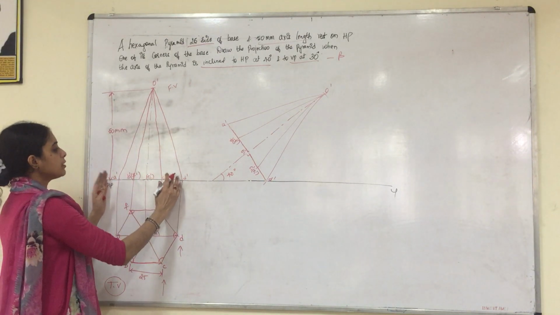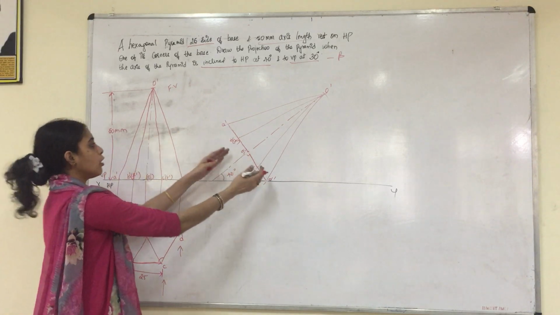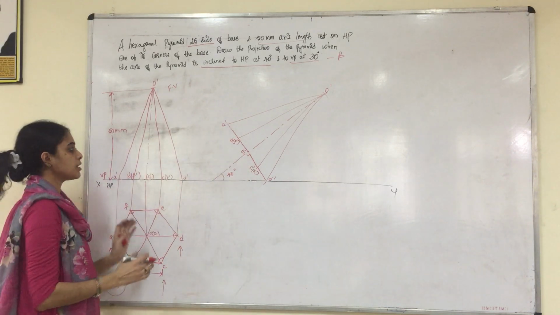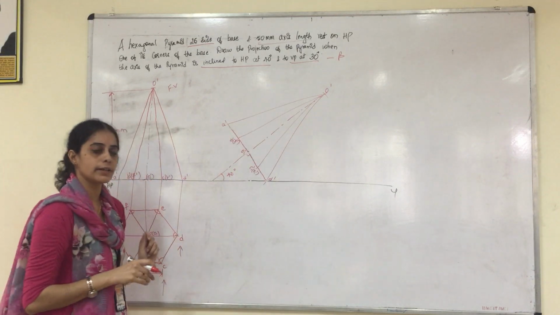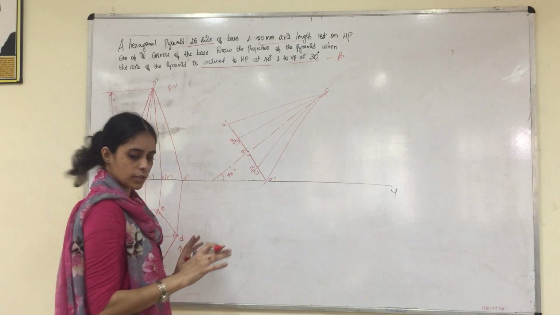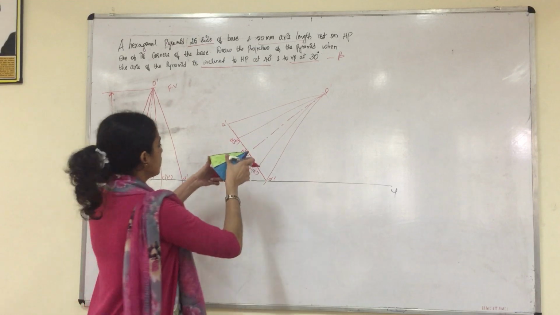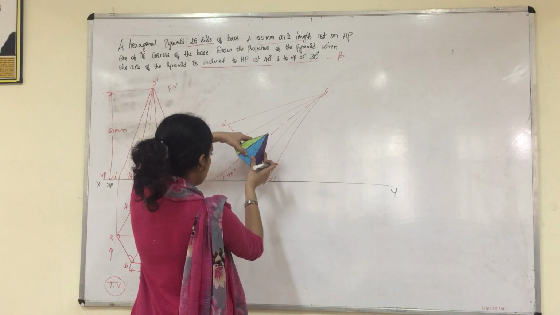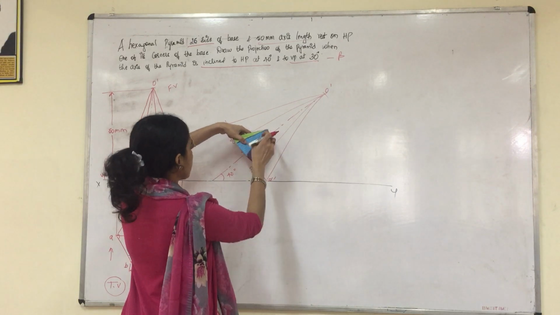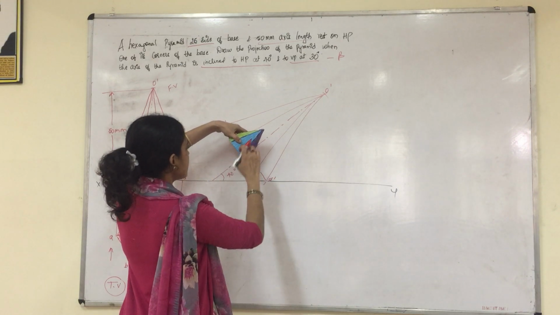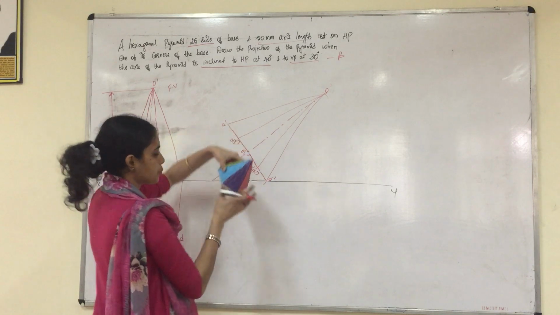So we have shifted the terminologies along with the front view. Only the changes: the axis was vertical and now the axis is inclined at 40 degrees to HP. So this is how the given solid object looks. It has been inclined to 40 degrees. The axis is inclined to 40 degrees to HP.